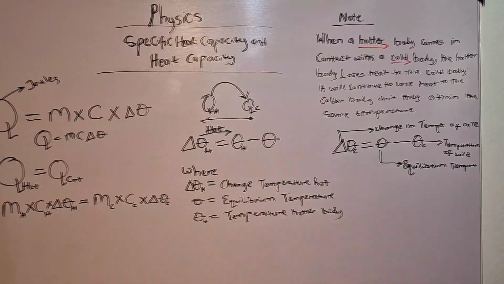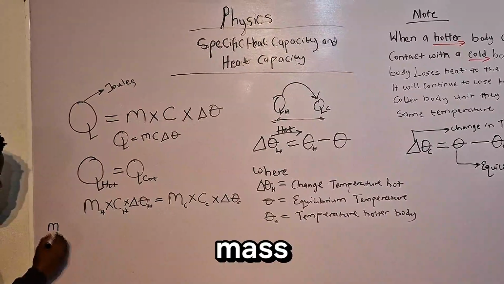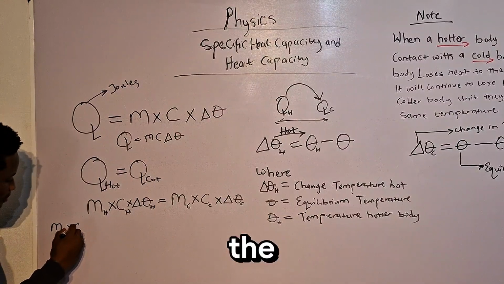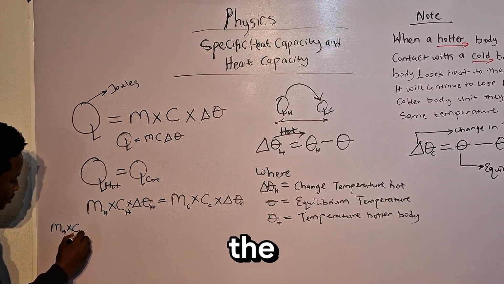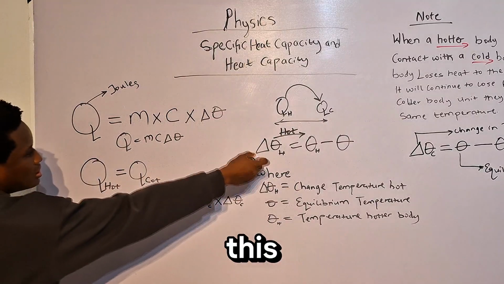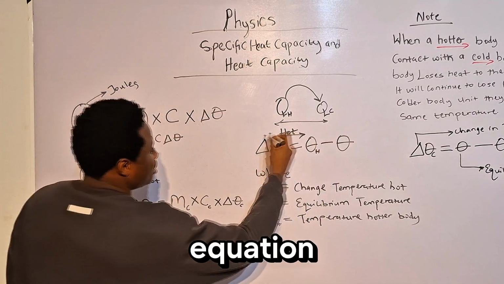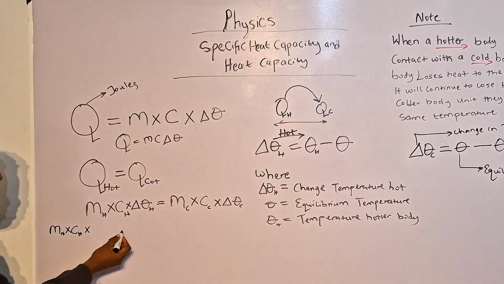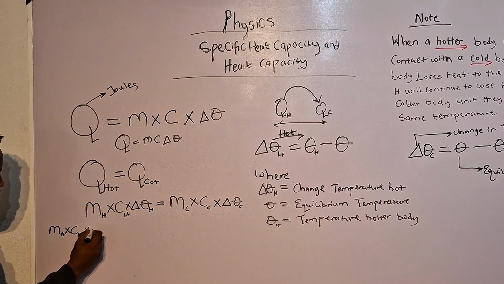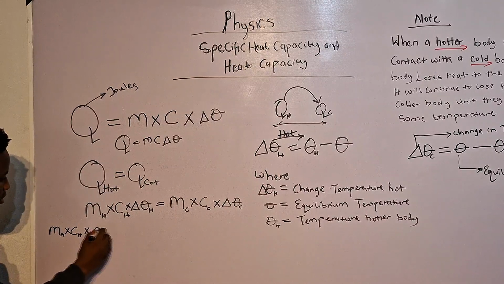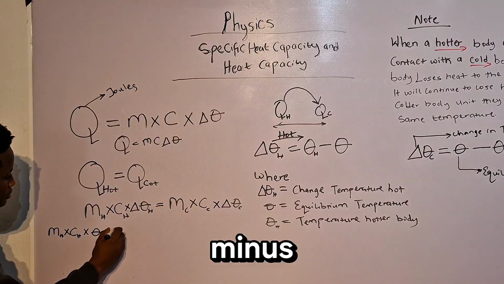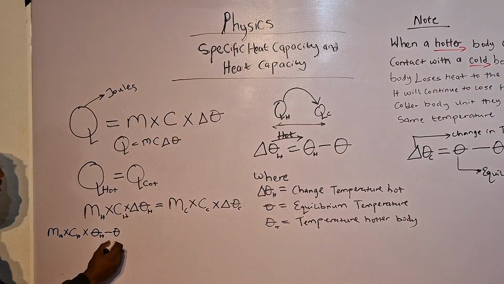So we say mass of the hotter body times the specific heat capacity of the hotter body times, we take this equation here for the hotter body, we are substituting this one, so we say times temperature of the hotter body minus equilibrium temperature